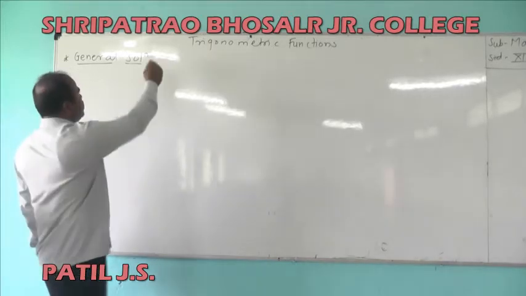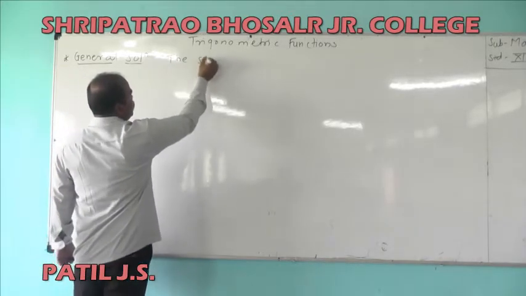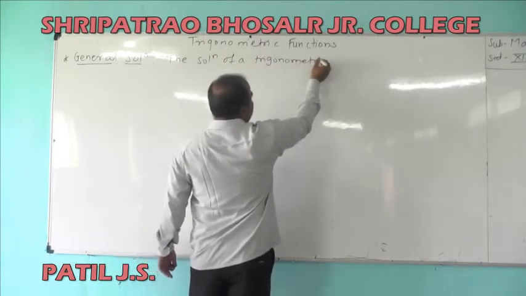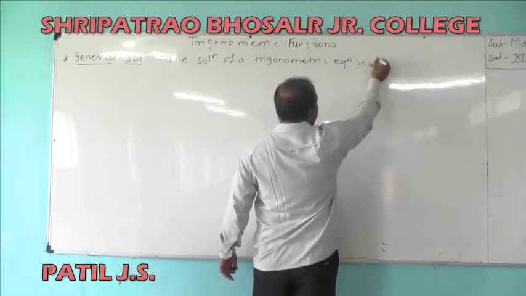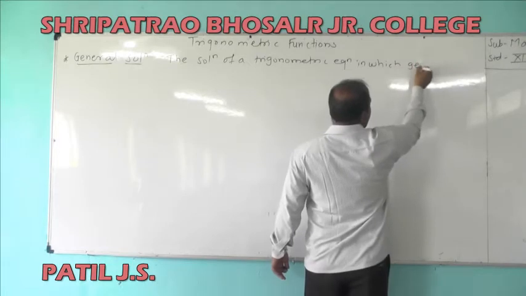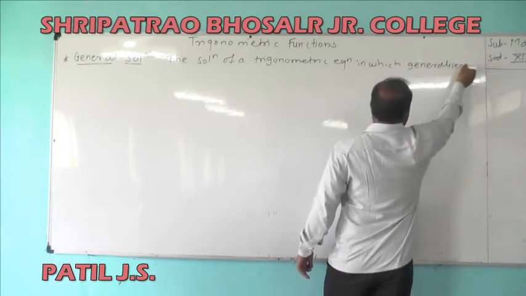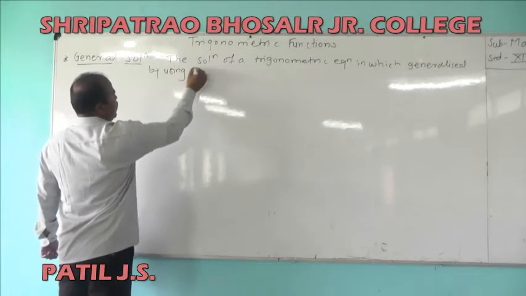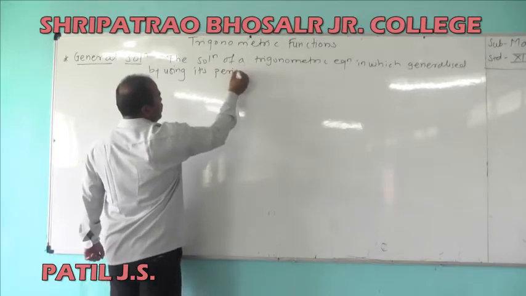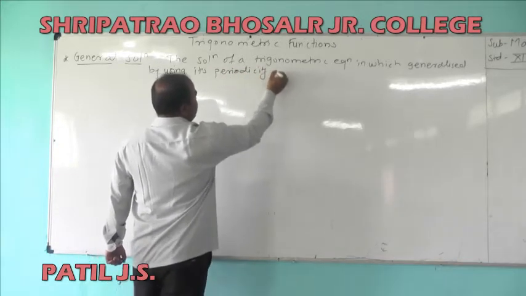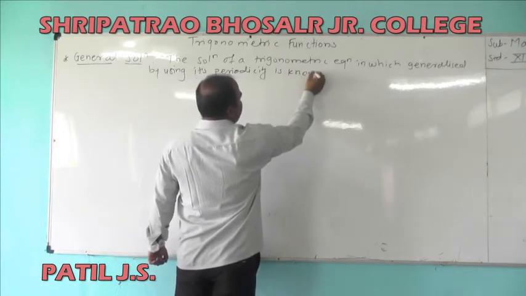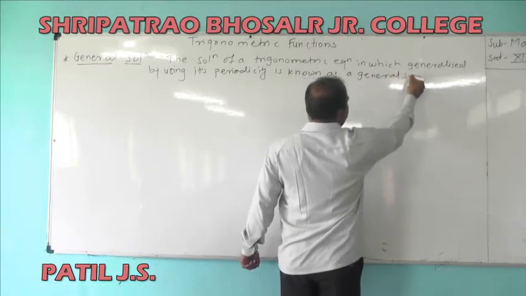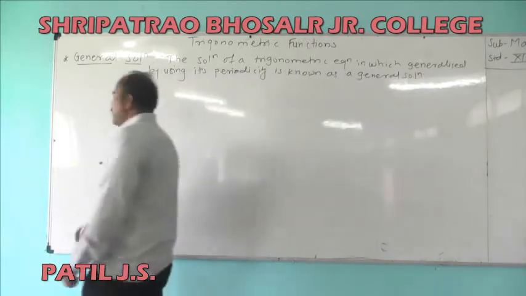First, the definition: the general solution is the solution of a trigonometric equation which is generalized by using its periodicity. This is known as a general solution. Example: